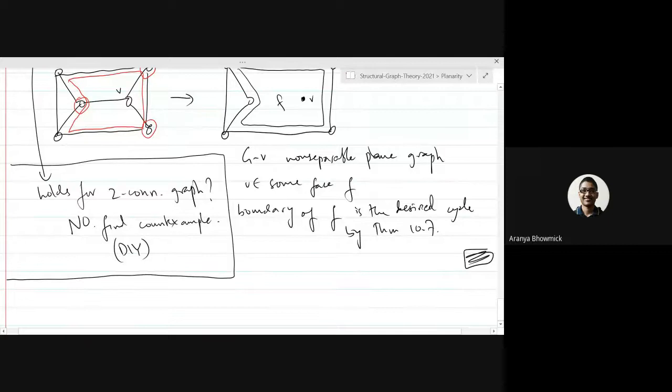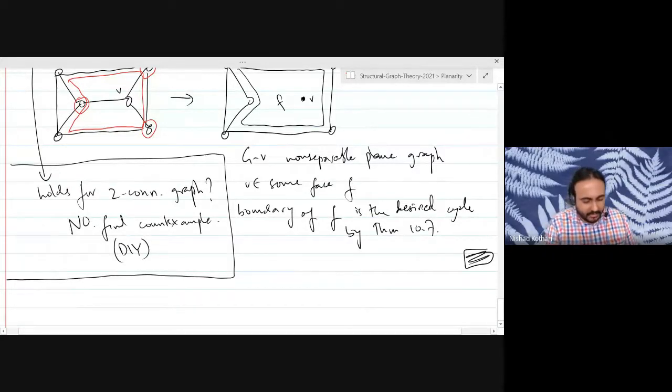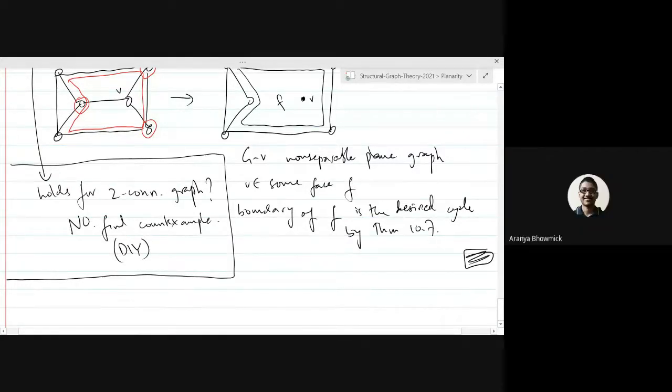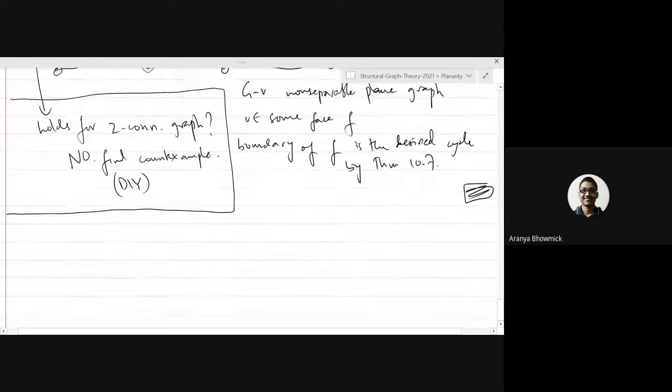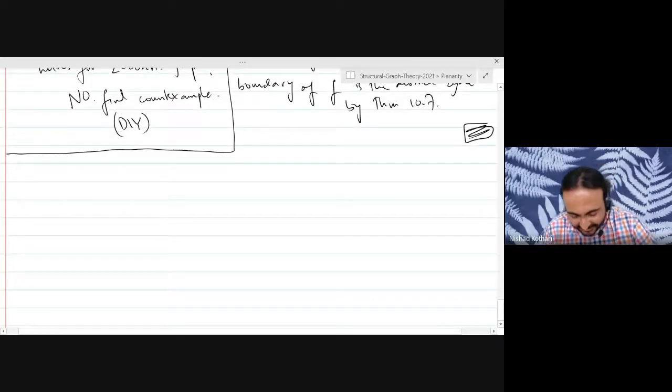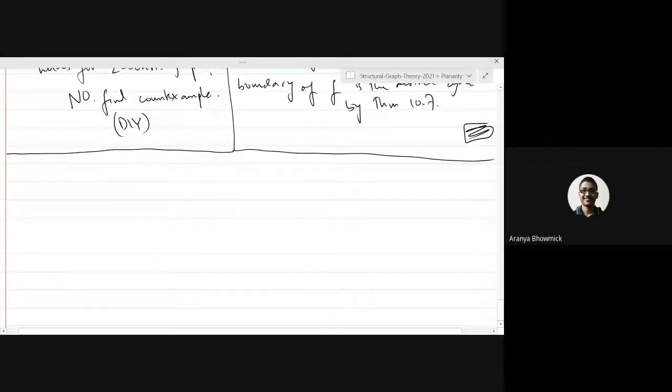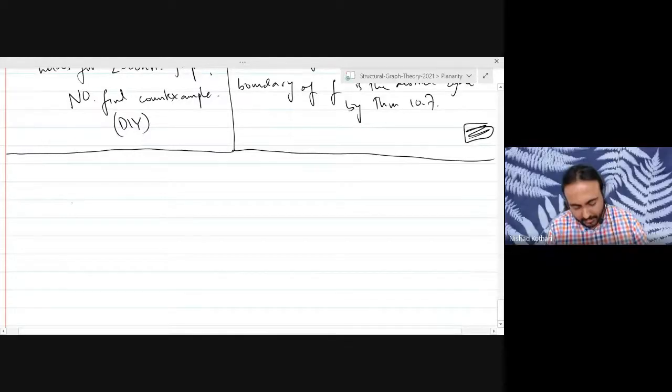Why not K3? What's wrong with K3? Nothing is wrong with K3, I am simply saying K5. It will also work for K3 as well. Give me as small a counterexample as you can find. Okay, so take two vertex-disjoint copies of K3, and let U be a vertex in the first K3 and V be a vertex in the second K3 component, and we join UV by an edge. Good. So this is the resulting graph.